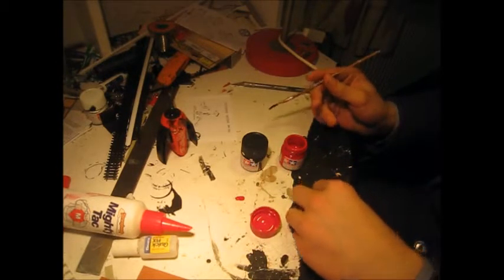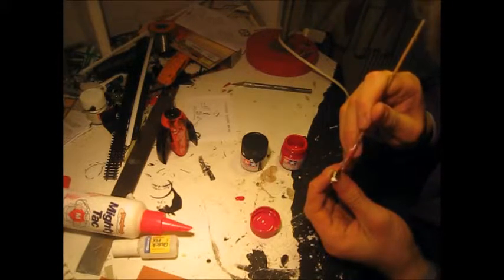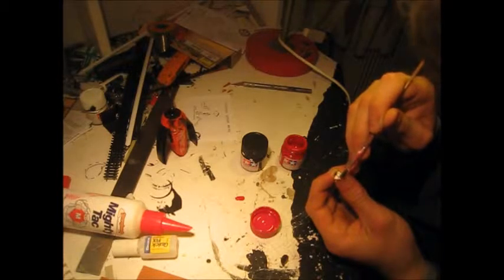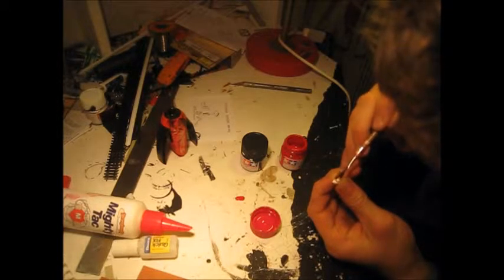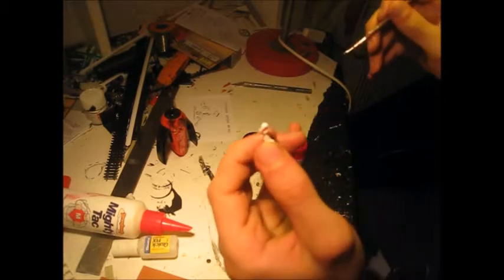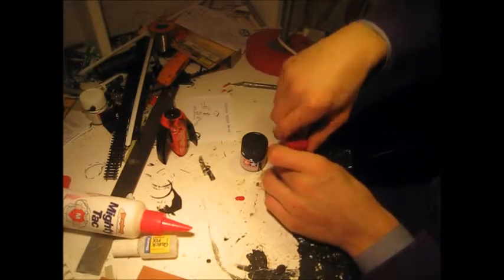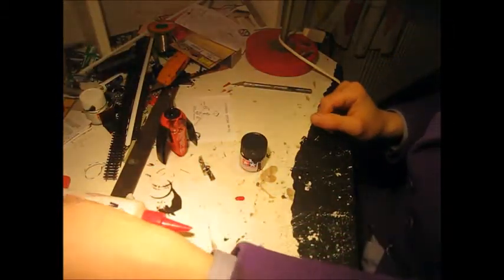now the red only gets used for a little stripe across. So that's pretty much all the red that it needs. So now put the lid back on the red, put it to one side,